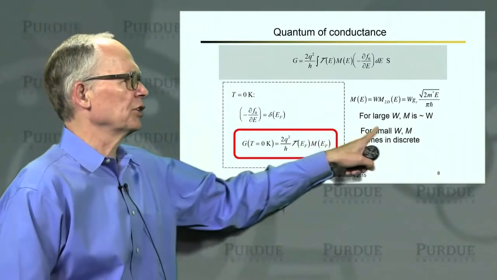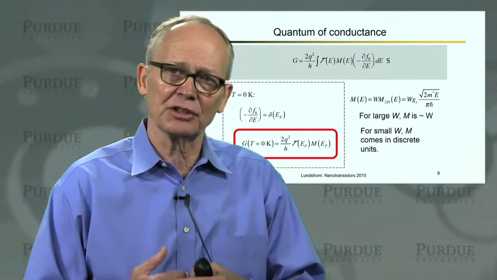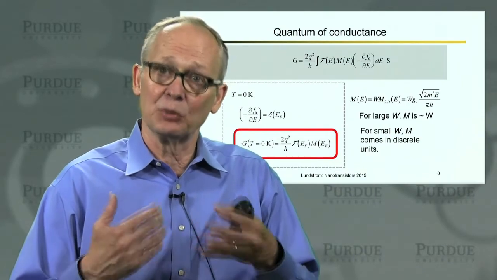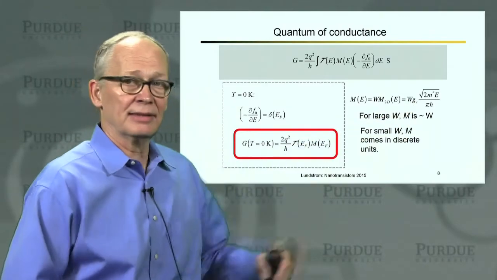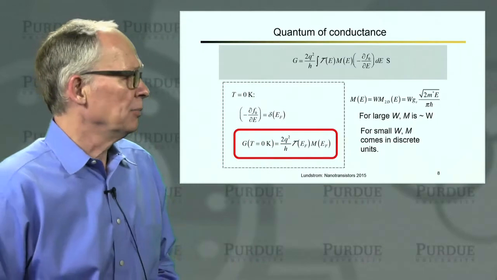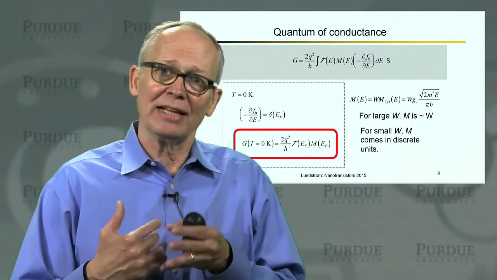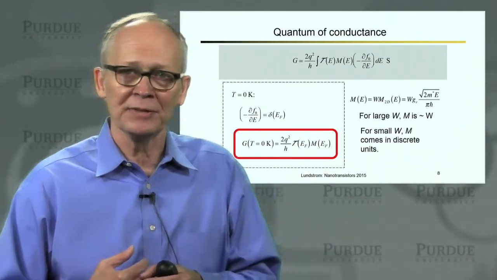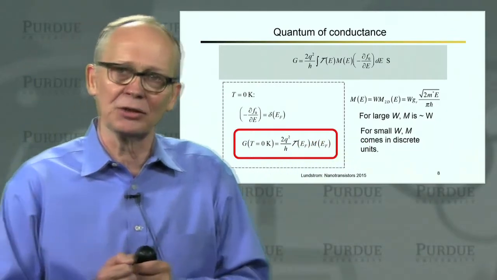For large structures, and we're going to primarily be thinking about large structures, such as the width of the resistor, say the width of the MOSFET, our expression tells us that the number of channels just scales with the width of the resistor. But in small structures for which we get quantum confinement, we can't use this density of states that comes from a large material. We have to compute the density of states properly, assuming boundary conditions on the wave functions.